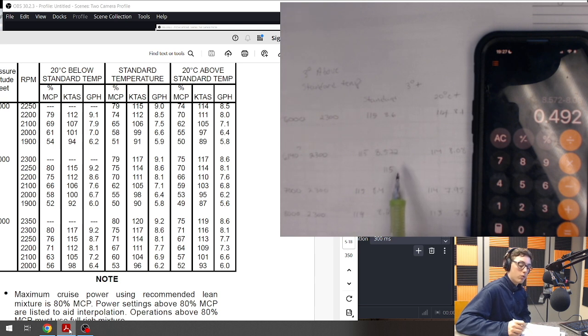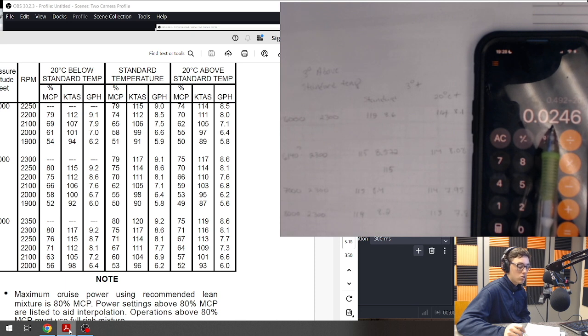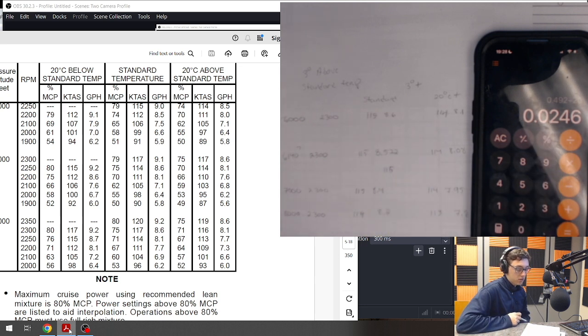Now, I have 20 degrees of temperature spread divided by 20. Now, per degree of change, this number represents my gallons per hour change per degree of temperature change. So, gallons per hour per degree at this altitude, at this RPM. What I'm going to do is multiply by 3 because I have 3 degrees of change, which gives me this value. And I'm going to subtract that from